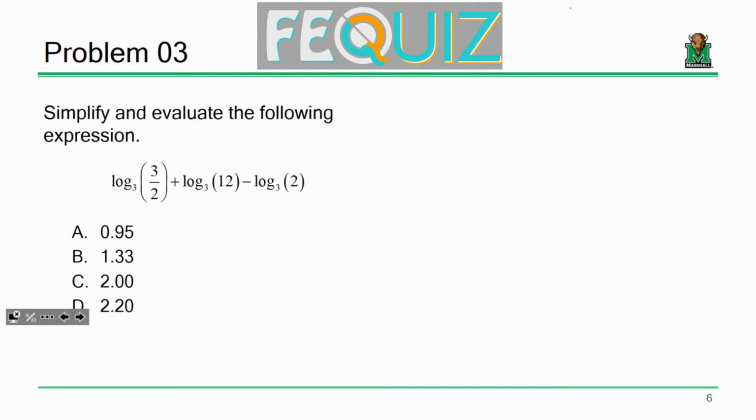Okay. Let's start off with, let's just write it out. Okay. So log base 3, or the base 3 log of 3/2 plus the base 3 log of 12 minus the base 3 log of 2. Now, I'm going to start off by keeping this pretty basic and look at,